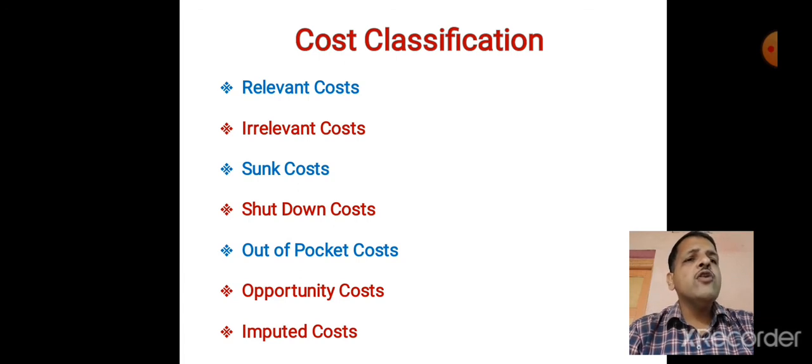If we are not paying that cash today, say after 2 months I will pay, after 1 month I will pay, in that form we can keep that outstanding and we can save today. Sometimes we avoid, we are not purchasing material, we are not employing labor, that time they can be saved. Means we have to reduce purchase, we have to reduce the number of workers, in that way they can be saved. So out of pocket cost means whatever we are incurring, whatever we are paying in the form of cash. Now let us go towards opportunity cost.